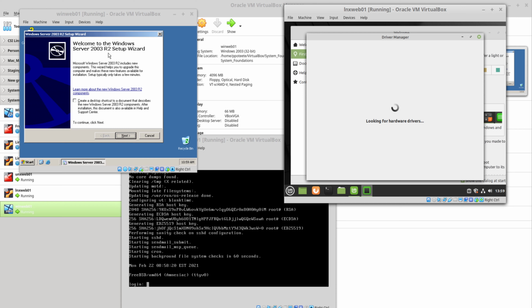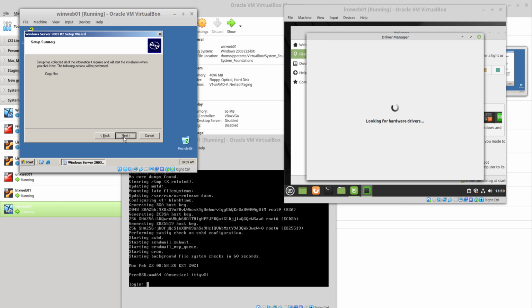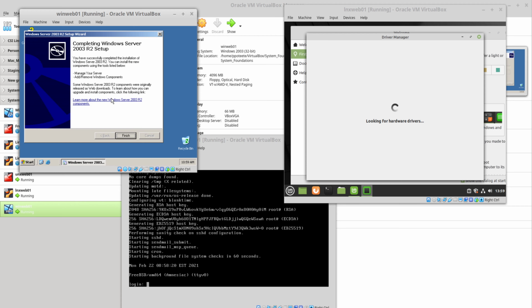Over here, it's got the R2 setup wizard. We're going to choose next and let it do its thing. So next. Let it run through that. And that's just because it's Windows Server 2003 R2. That's installing right now. Now we're using Server 2003 because in the future we'll create several of these machines and